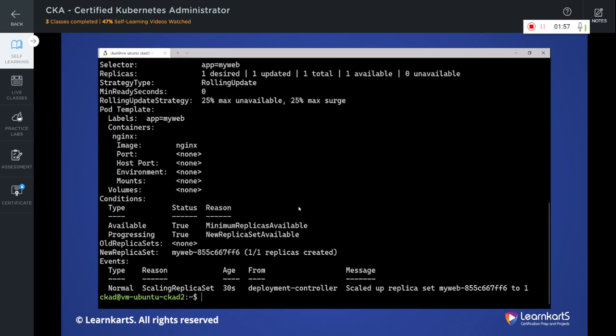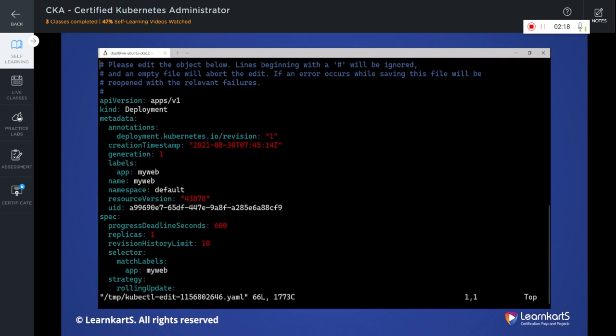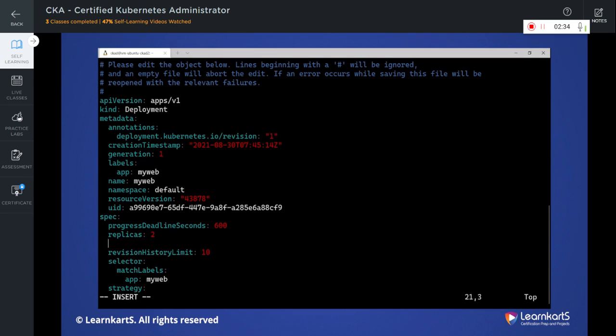Now you can change the number of replicas in this deployment. Now, how do you do that? You can do it in many different ways without deleting the whole deployment and recreating it. So one of the ways which we can do it is by saying kubectl, and then say edit. If you say that, then what happens, it opens up the Kubernetes deployment definition in YAML format. And if you go a little down over here, you find the replicas here. Now, right now it is having 1. If I make it to 2